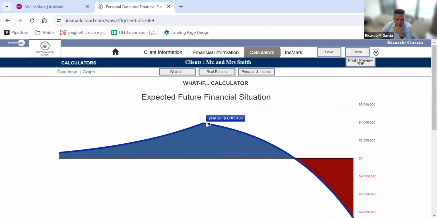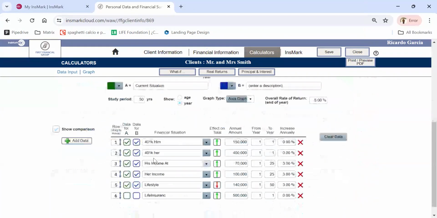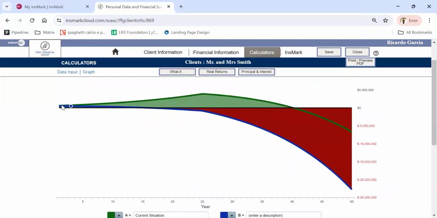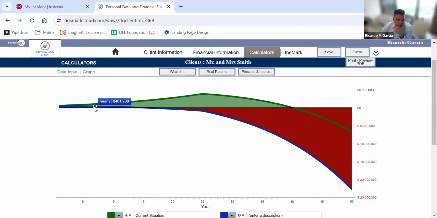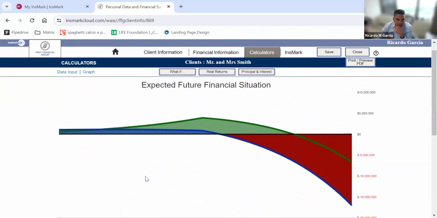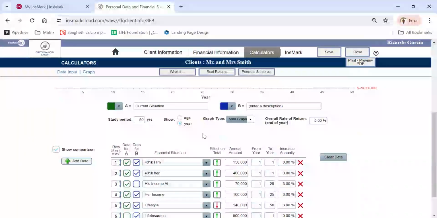This is the current path that we're on, 3.8 million. Now let's pretend, Mr. Client, you pass away first. Your income goes away. You're the blue line. Your family, your kids, you run out of money. You never have the same wealth that you do today. But you have $500,000 of life insurance that comes in. That's your family's path now. So instead of $3.8 million, $841,000.